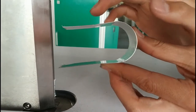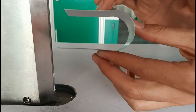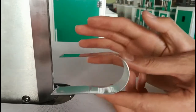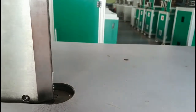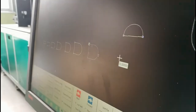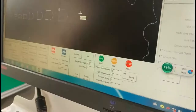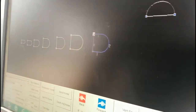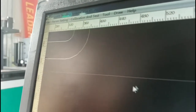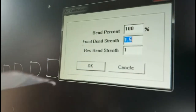Its power is a little more, right? So we need to reduce a little more. We need to go to the software and check how to reduce. So how to reduce? We need to click the calibration and test, and arc calibration. And because it's negative bending, we need